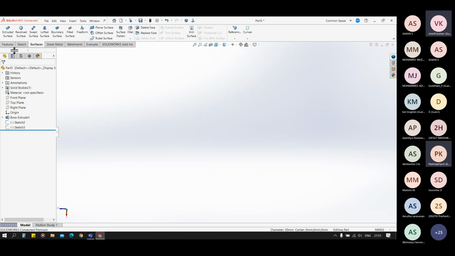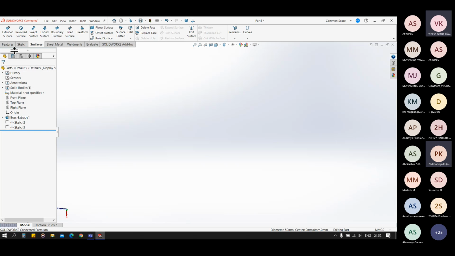Now for the lofted surface we can have multiple profiles and we can have direction lines to guide the curves. In the boundary we have direction 1 and direction 2, and we can select the profiles and curves according to our requirement. In the filled surface we can select the closed boundary for our surface. Also we can give a constraint using a curve or a face to the filled surface.